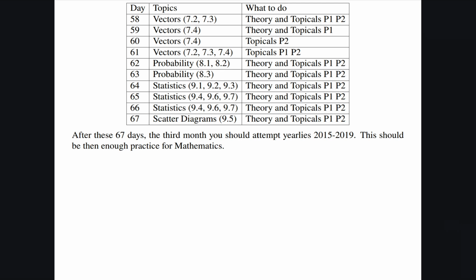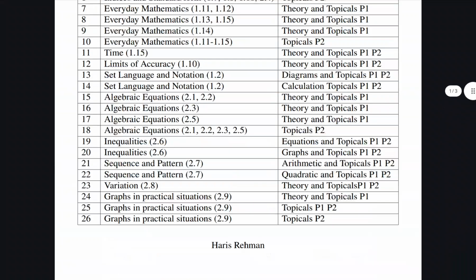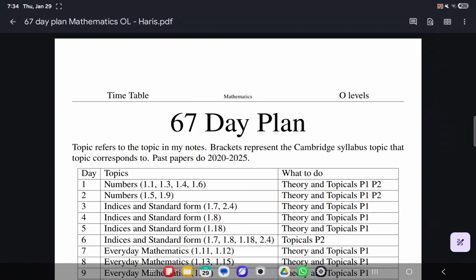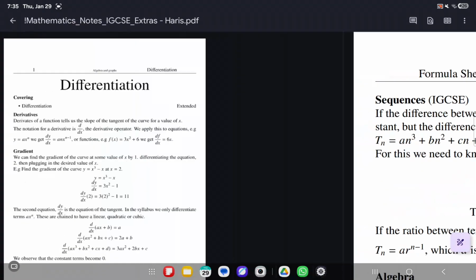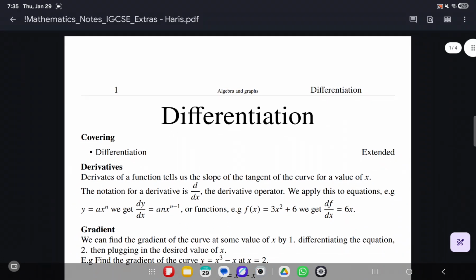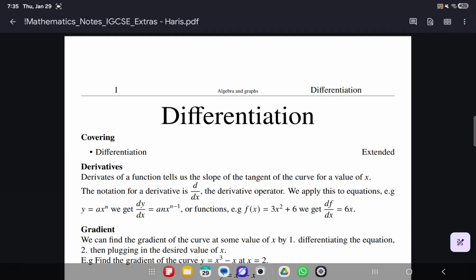Now for the fun part, mixing it with your extended syllabus. Why did I choose to make my stuff oriented to O levels? Because O levels has the least amount. I saw the other syllabuses and it's just O levels but with extra steps, basically extra chapters, if you will. Like if you see here, these are the extended notes for IGCSE.